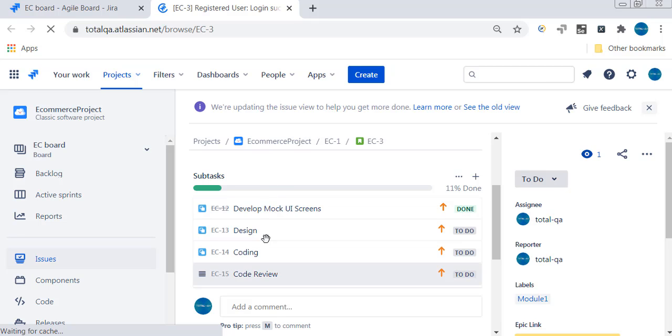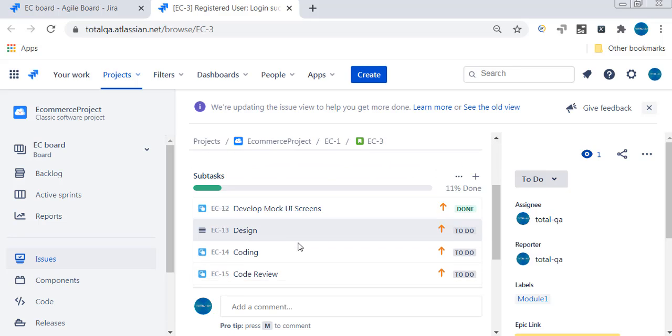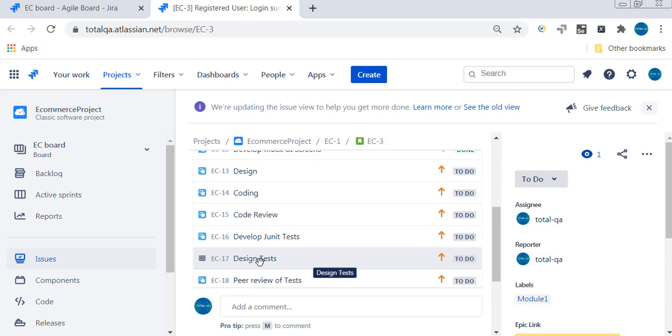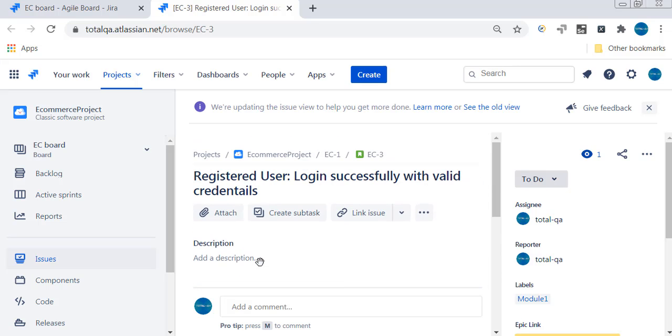There are multiple subtasks for a story, and one of the subtasks is design test cases. Also make sure we always associate the test cases to the story. We cannot associate the test cases to a subtask.